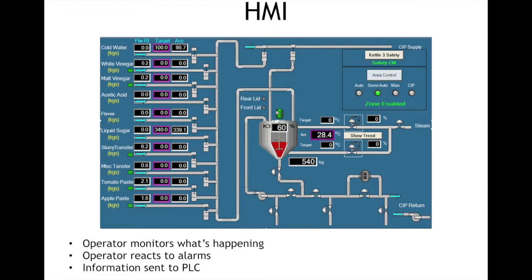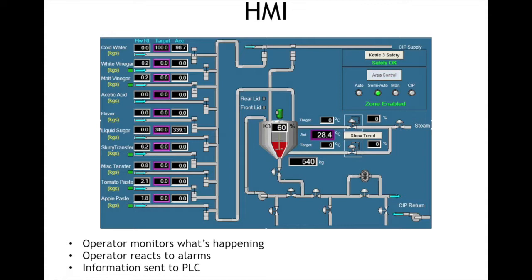So this is a close-up of an HMI. This is just a screenshot that I found on the web. Picture in the upper left-hand corner, it says cold water. It says there's a flow rate and there's a target. So this process is not running, but at some point it will be running, and we want that flow rate to equal the target. And the operator knows what's happening by looking at this HMI, and they're reacting to alarms,